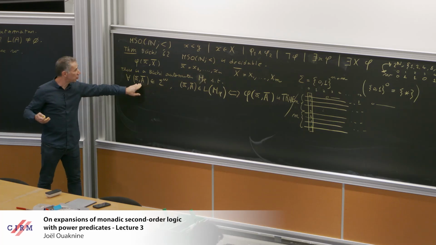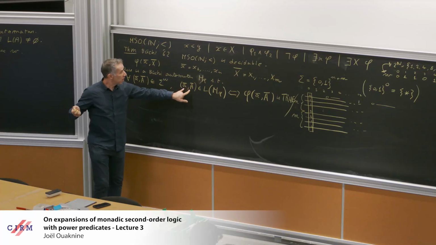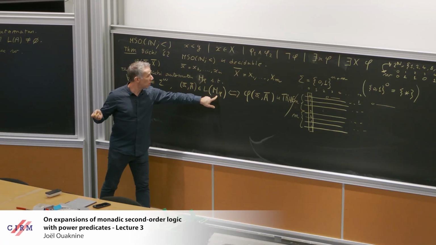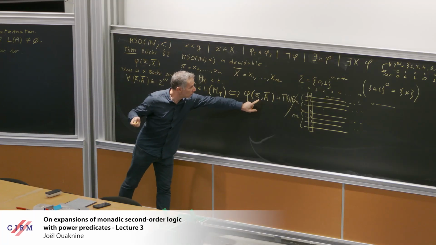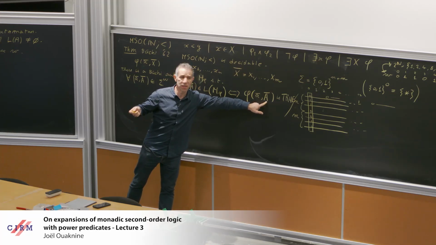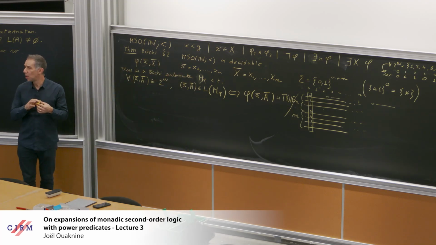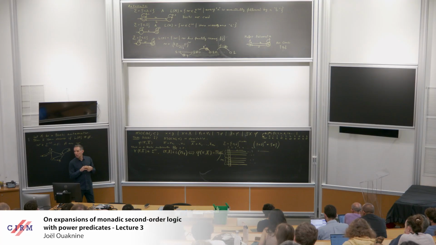And I'm saying for any choice of such numbers and sets, this word is accepted by my automaton if and only if the formula, when I substitute little a for little x and big A for big X, is actually a true formula. So to prove the decidability of MSO, you want to say that there's an algorithm which can compute